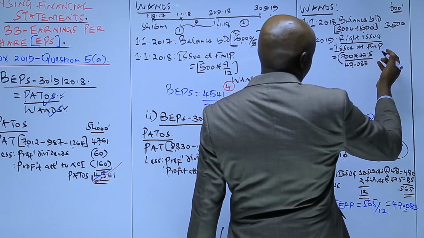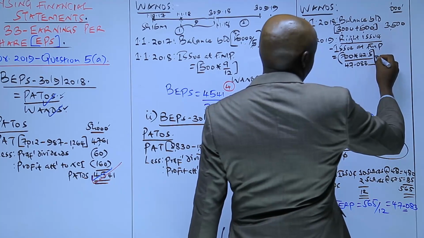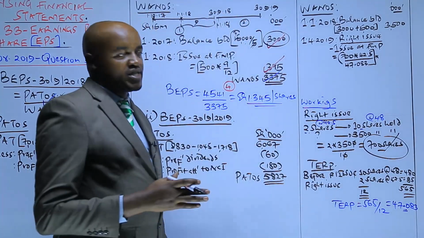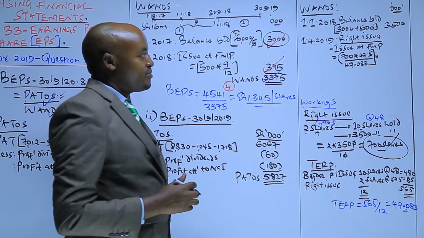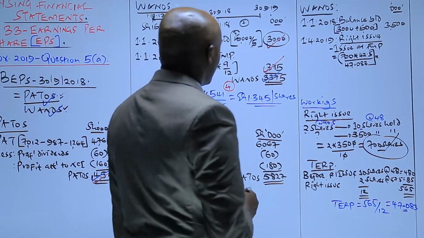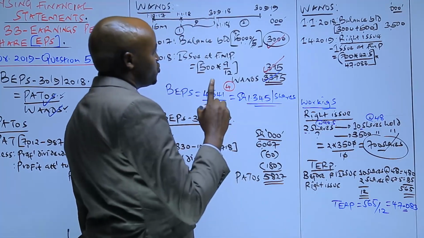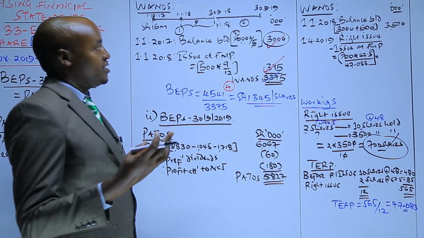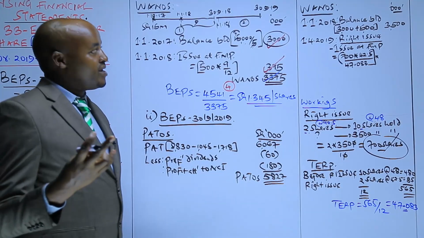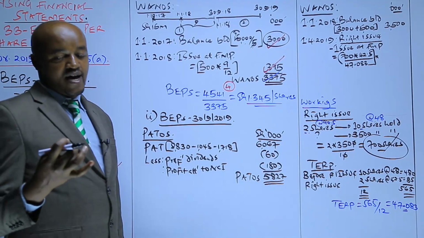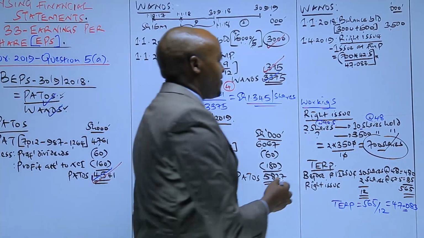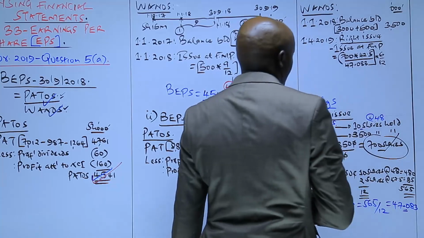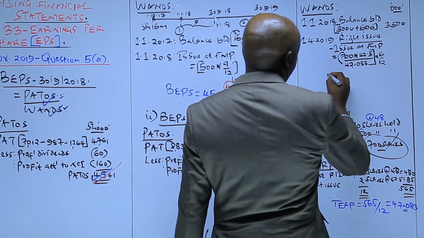47.0833. And because these particular shares are issued at full market price, the rule is that they should be weighted on a time basis. They should be multiplied by the proportion of time they were held. So these shares were held from April to September. So how many months do we have there? Those should be 6: April, May, June, July, August, and September. So we have 6 months out of 12. Make sure your computation there is correct. And then finally, we compute the